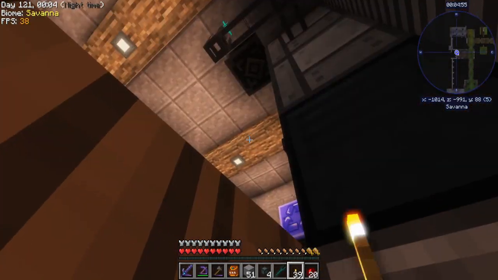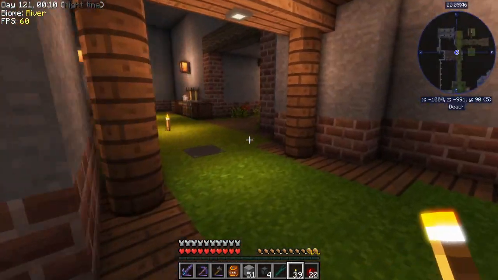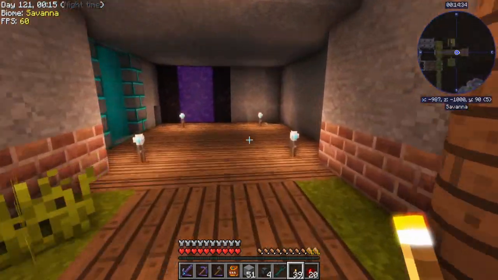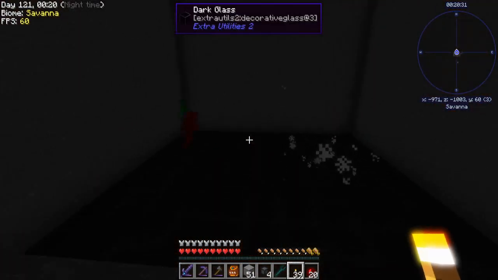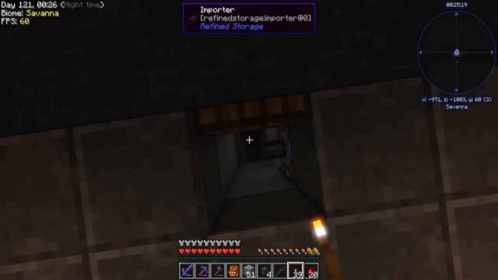All right, well, there's that part done. Then that network transmitter goes over here because I didn't feel like running a cable like, oh god, 60 or so blocks. But I made myself an actual mob farm finally. Turns out it's a loot bag farm too. I'm actually...